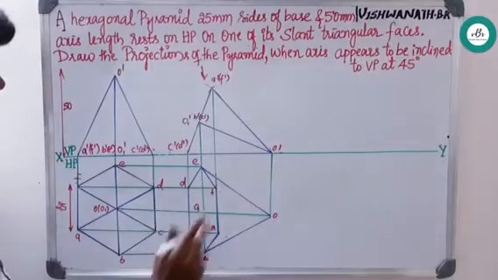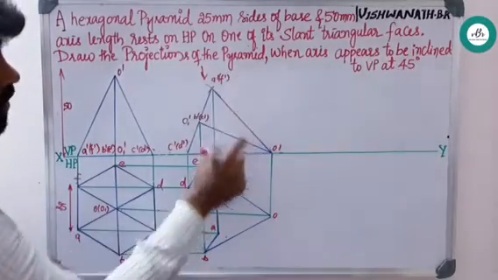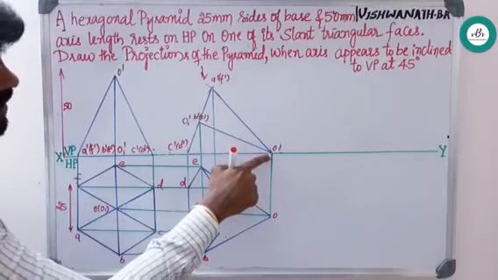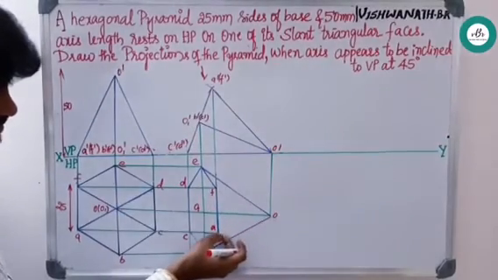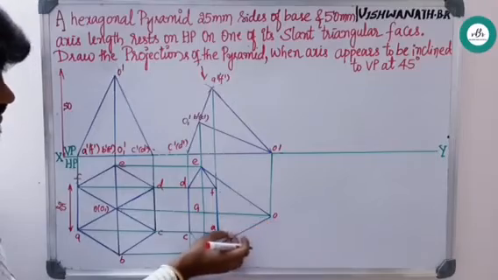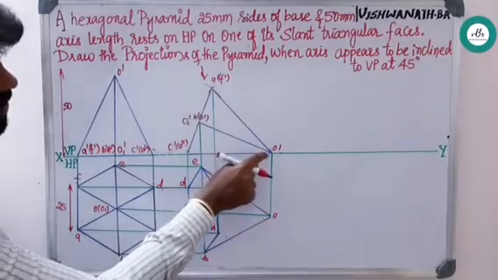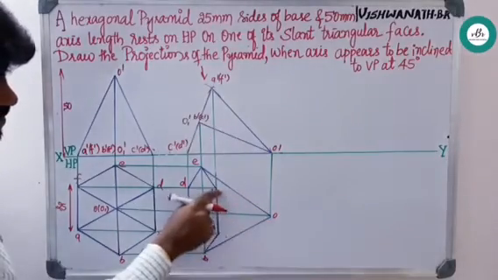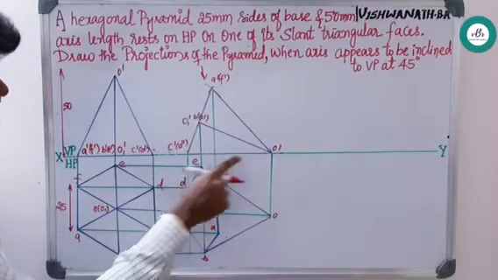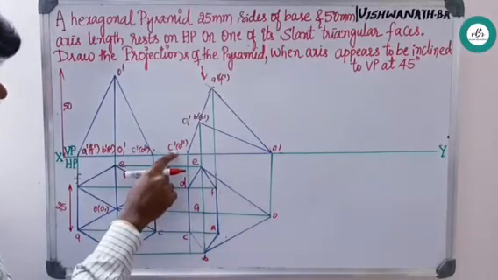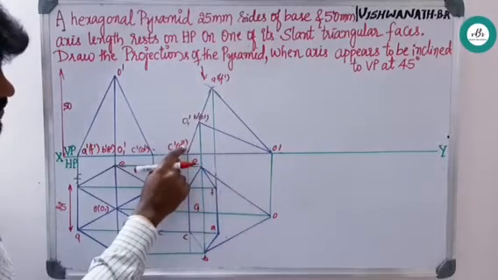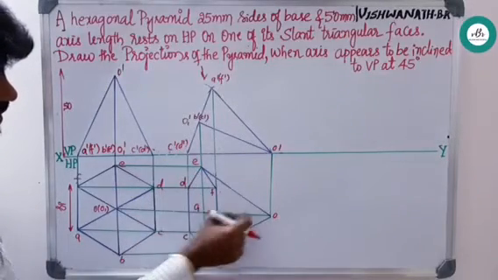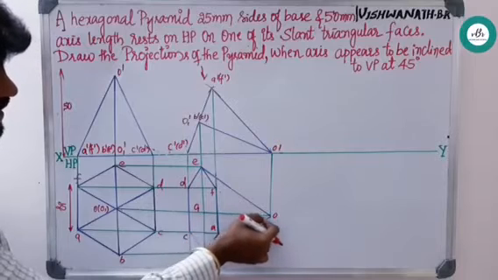After joining all these things, have a look. From the top view, O to A is clearly visible. Again from O to F is clearly visible. Draw this with a continuous line. Next, O to C is not visible, so draw with a dotted line. O to D is also not visible. Draw with a dotted line and ensure you show the axis line.